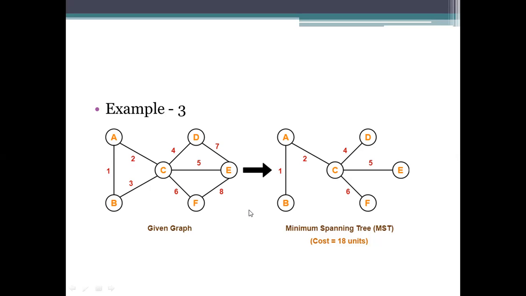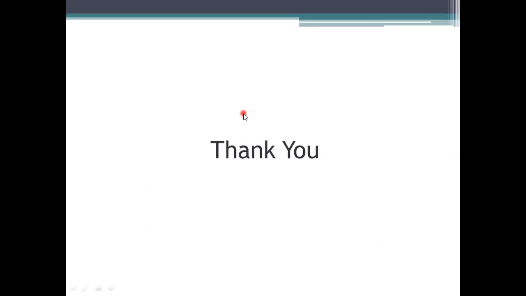There is another example for the representation of the minimum cost spanning tree. So that's about today's class, ma. In this class, we have seen the spanning tree and how we represent it. The properties: it should be a subset of the graph, and it consists of all the vertices, not all the edges. A subset of the edges should be there. The graph we use, which doesn't form a cycle, will be considered a spanning tree. What are the two algorithms we have here? The two algorithms are Prim's and Kruskal's.